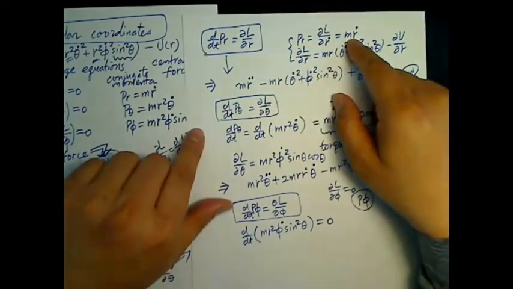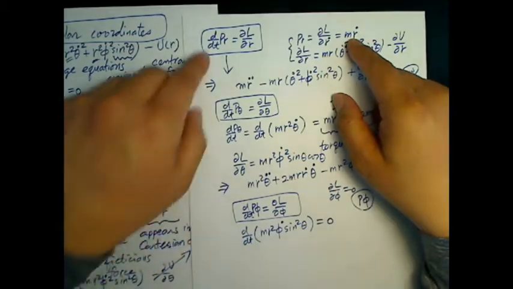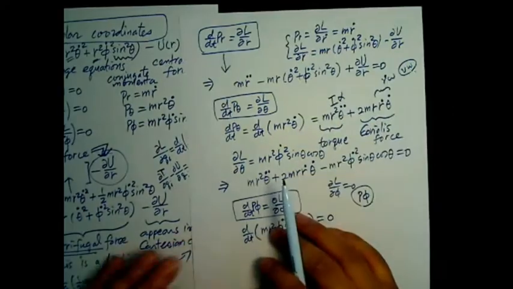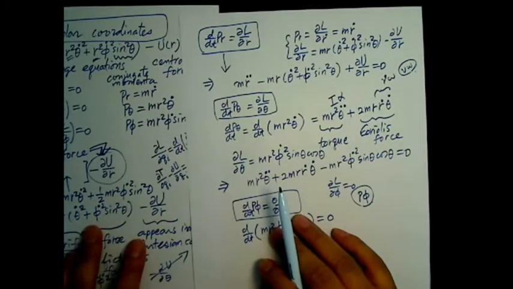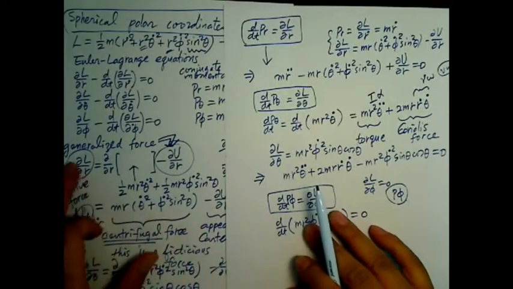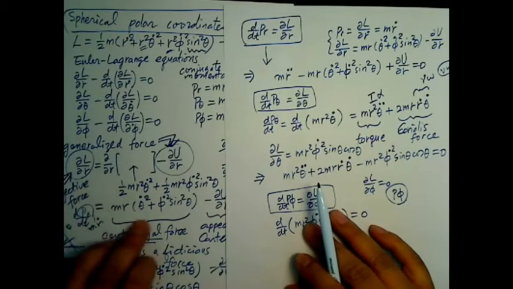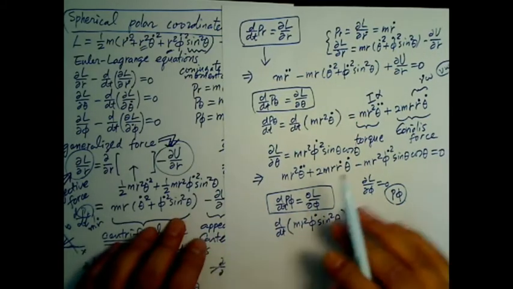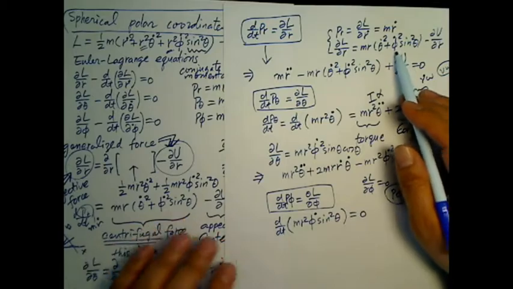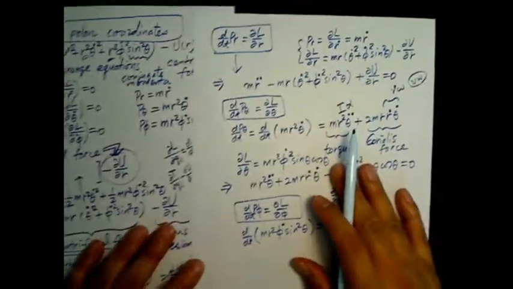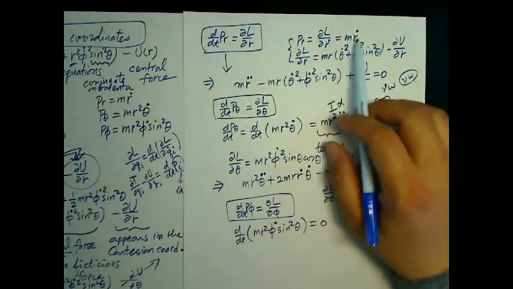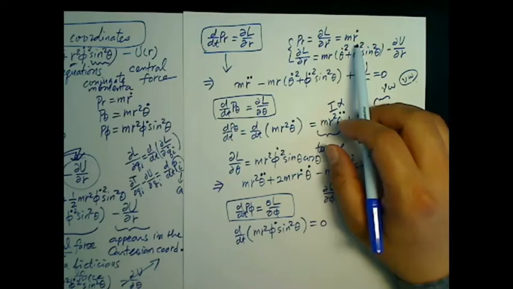PR equals mr dot. Okay. And then this one was obtained in here. Right? Round L over round R was obtained in here. So if I consider this, substitute in here, I have this one. Now, we take the time derivative of the generalized momentum corresponding to the coordinate R is